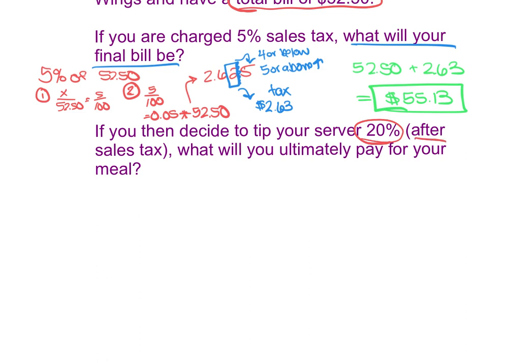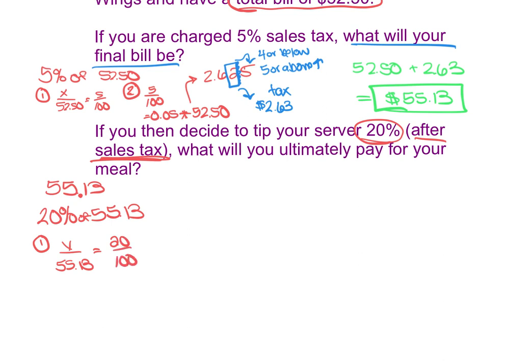So in my class, I'm probably going to have you tipping after sales tax, and I'll be very specific so that you know we have to use this number with tax as a reference point. So we're going to add, and we need to find 20% of our bill, which is $55.13. And again, there are two ways to do this. The first way is you can do X over $55.13 is equal to 20 over 100, cross multiply and solve. The second way is you can do 20 divided by 100, which is